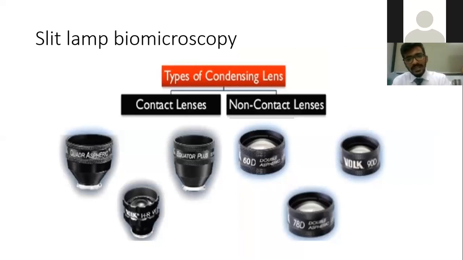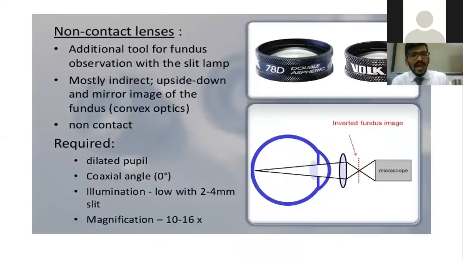The Volk lenses, the wide field view can be used, and the centralis lens can be used to see the posterior pole. So a 90D and 78D are the most commonly used. You can see, even with the undilated pupil, you can easily see the posterior pole with the 78D or a 90D. The advantages of 90D and 78D is that the posterior pole is very nicely appreciated.